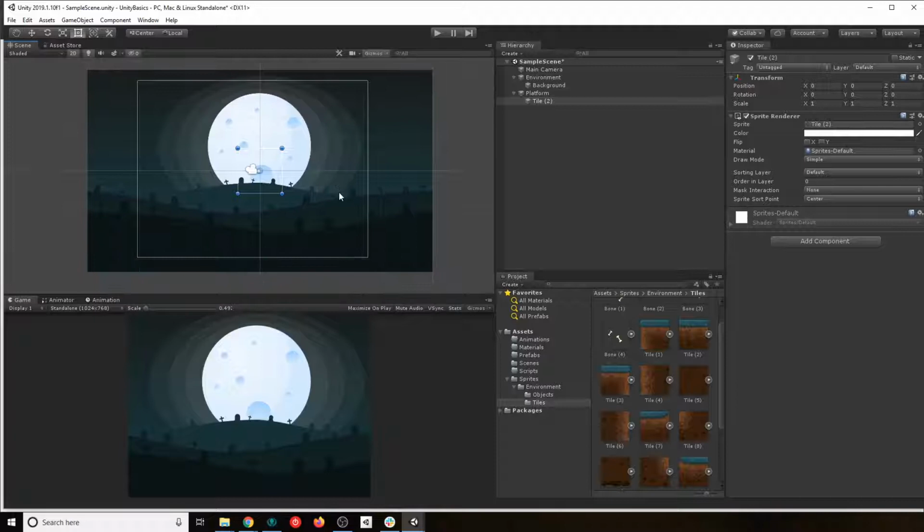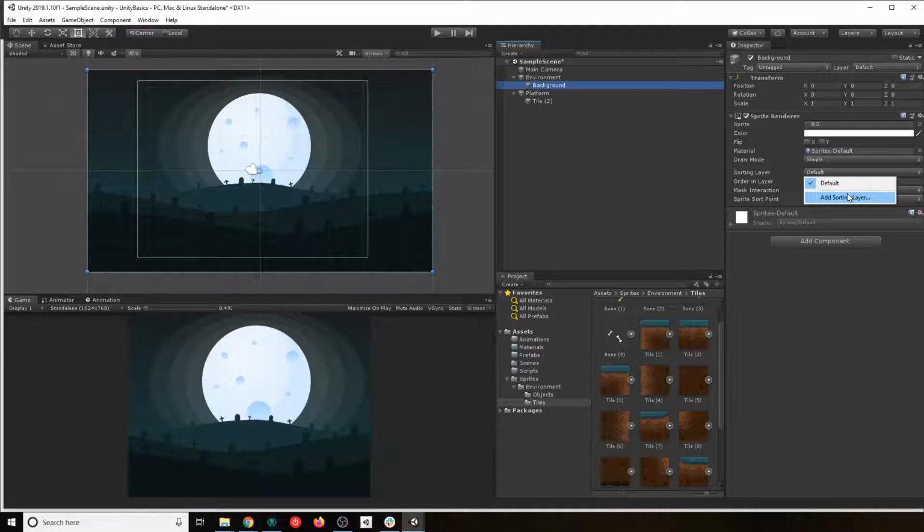What we need to do to fix this is give an order of positioning in the layers, right? So we are gonna go into our background and we have here the sorting layers. The sorting layers plus the order layers is something very good to use with sprites. This will let us define some layers for certain things.